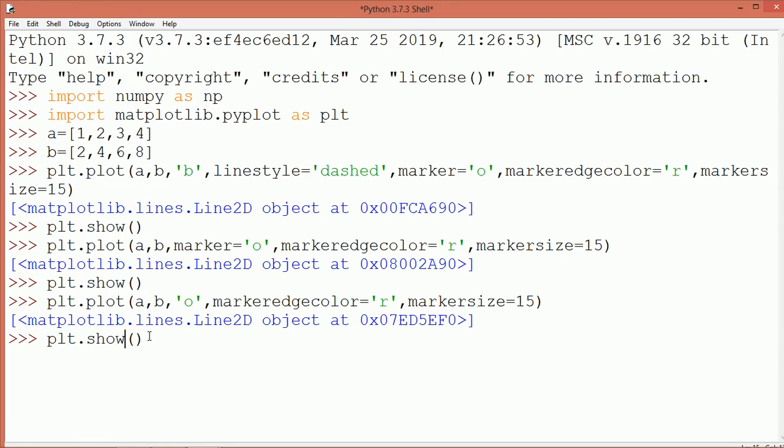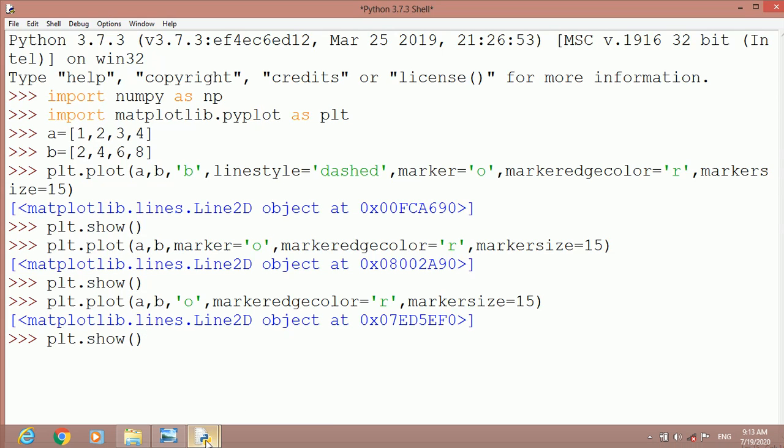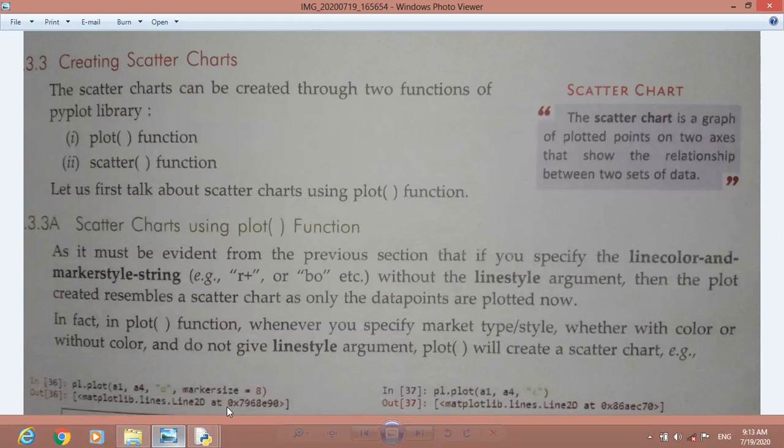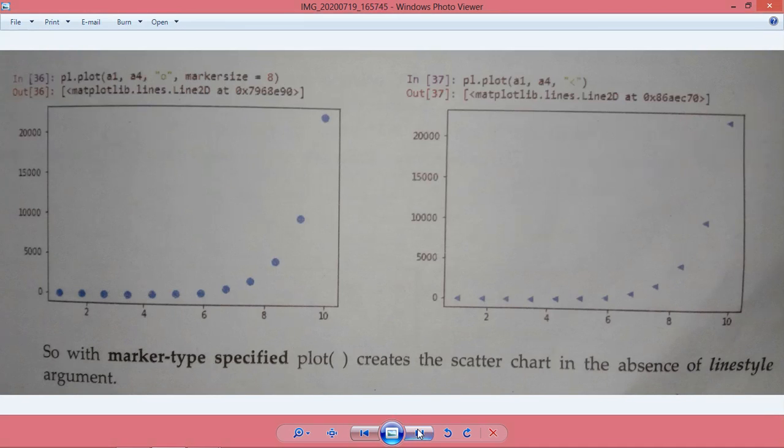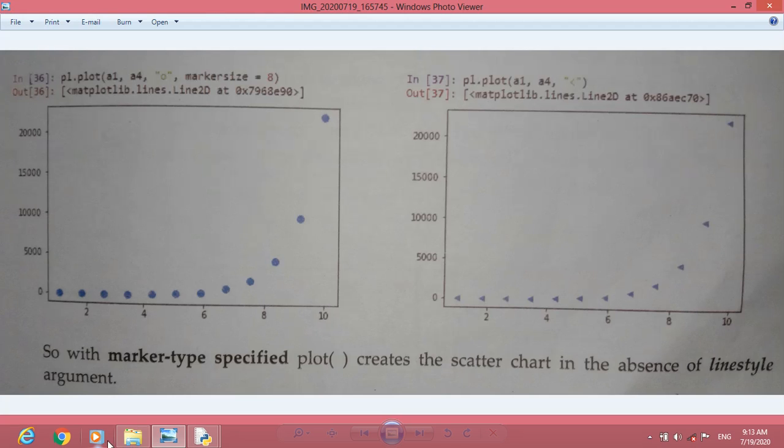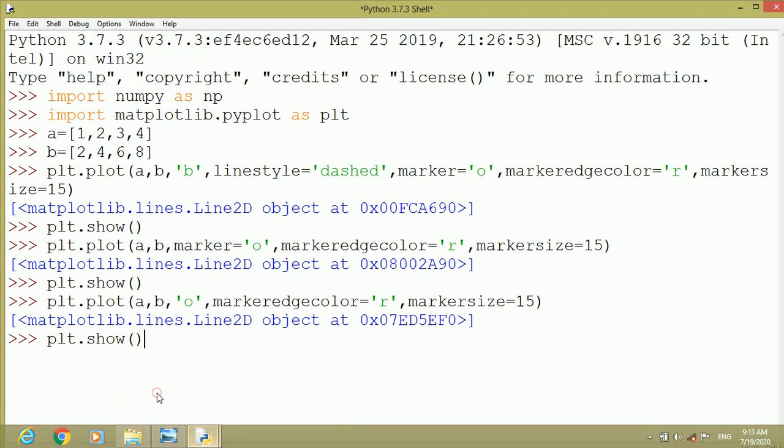So let us give this with the color also. We can show it with color also, as given here. Different colors we can use, like red, blue or any other.